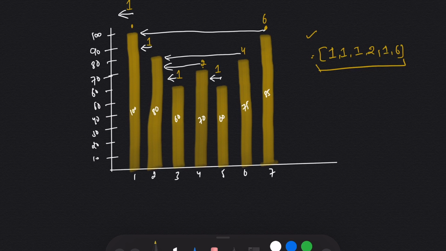So now let's think how we can get this solution. What we are simply doing here is checking whether the previous day price is lesser than today's price or not. If yes, then we increase the span by the previous day's span value. So now the question is how we can check the previous day price and what data structure to use for that. We can use either an array or a stack, and we will use a stack for this problem.